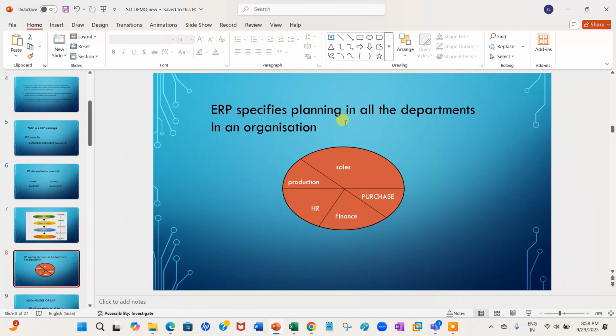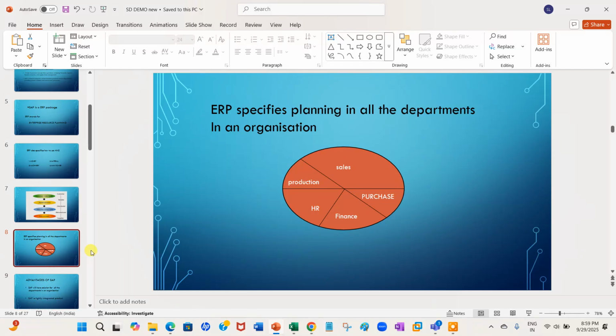See, what does ERP specify? Planning in all departments. It specifies planning in all the departments in the organization. Suppose this is an organization. In this organization we have sales, purchase, finance, HR and production. We have different departments in the organization.